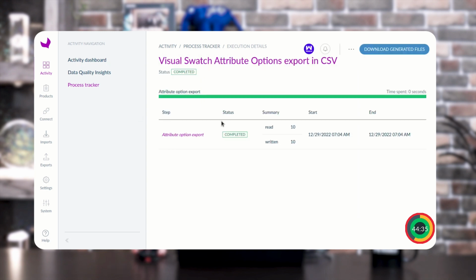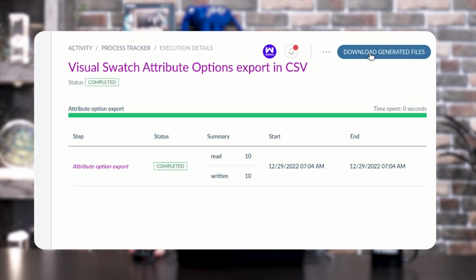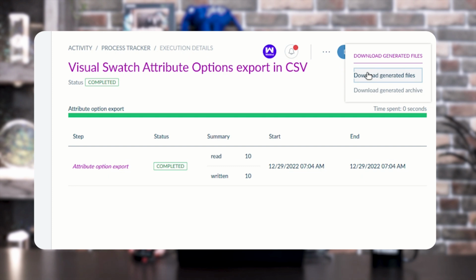After that you will get another window, and here you will get an option of visual switch attribute options export in CSV, and in the right corner you will have an option of download generated files. Here you just need to tap over the download generated files.